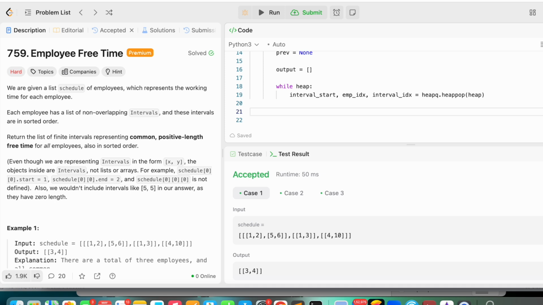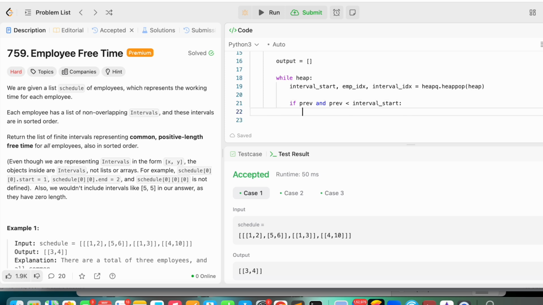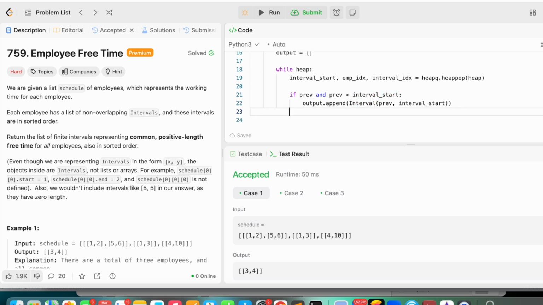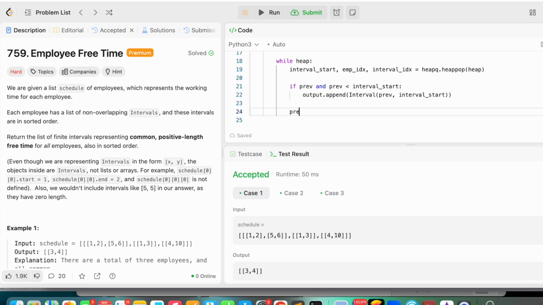Next, I'll just check if previous is present and previous is less than interval start, right? Then we got one free slot. I'll just add it to our output that happened. I'll create one interval where start will be the previous and end will be this interval start. Now I have to update my previous. Previous will be max of previous and